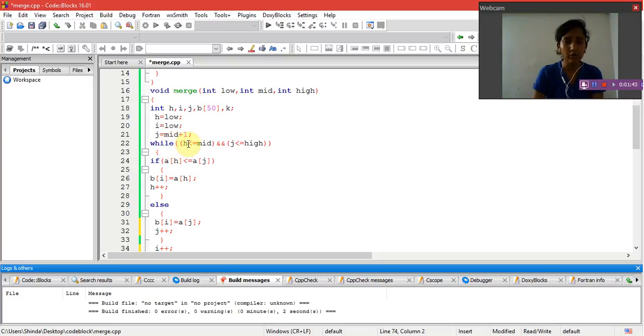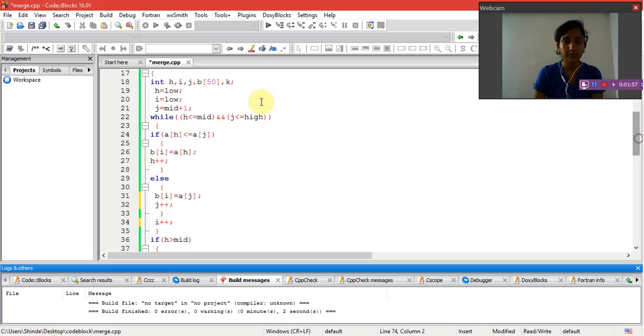While the low value of the first array is less than or equal to the mid, as well as the j value being less than or equal to high, if this condition is true, then if the array having the low value is less than the array having the mid plus 1 value, that is the same array, then the second array's low value will be equivalent to the first array's low value, where the second array's low value keeps on incrementing.